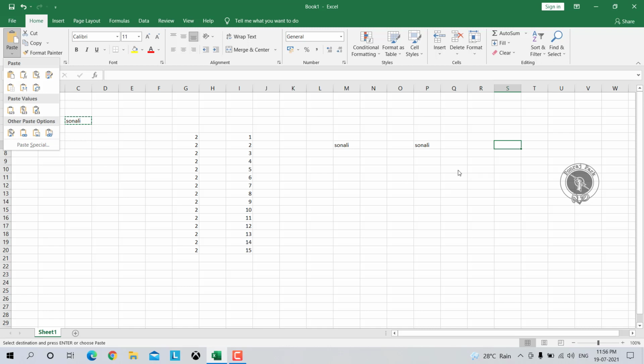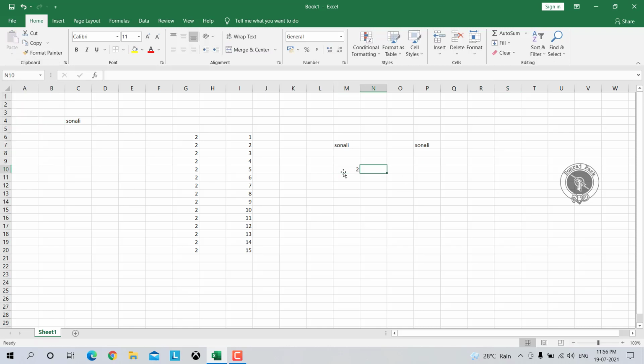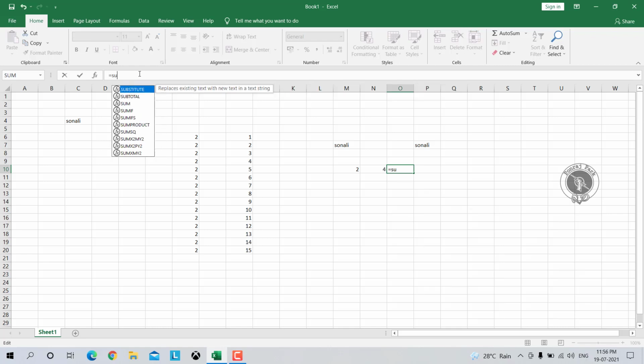Suppose I have some numbers over here. Now I'm doing the sum of these numbers. For that, just come here into the formula bar, put equal to. As I said, I want to do the sum of this, so I'll enter the word sum and then enter the round bracket.